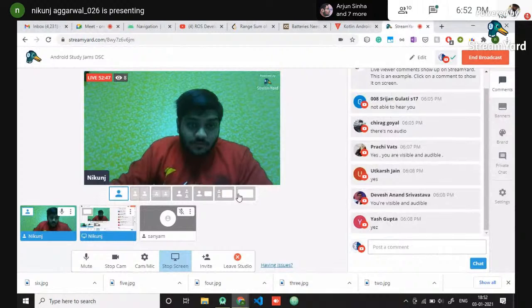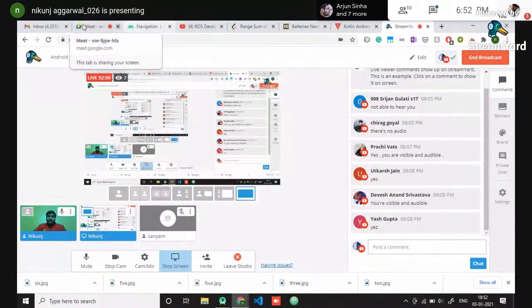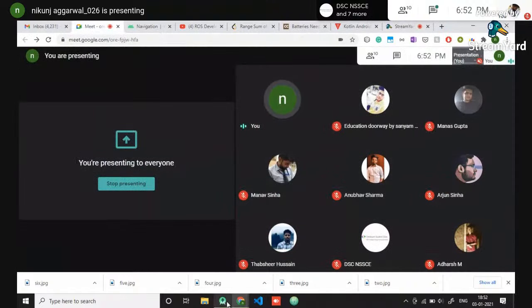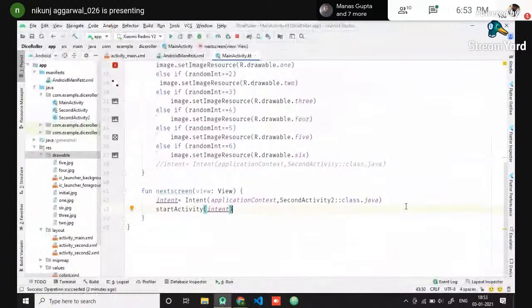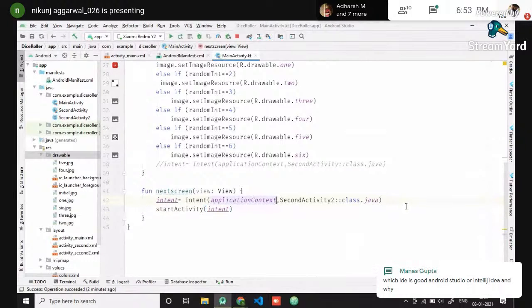So now let's move on to the next part of intent. There are two types of intent. This one is explicit intent. But what about implicit intent? The implicit intent is used to do some actions like sending a mail or going to a specific URL or doing some other task like performing actions and resending the mail or other things. Like,